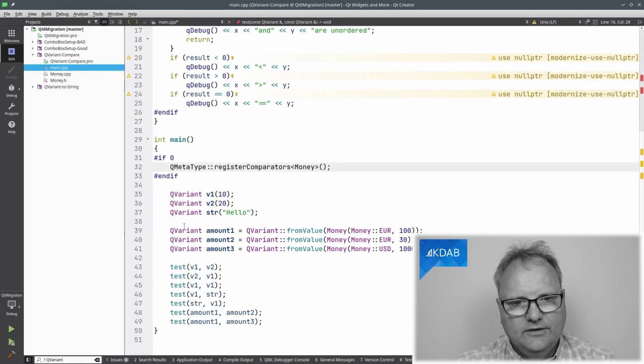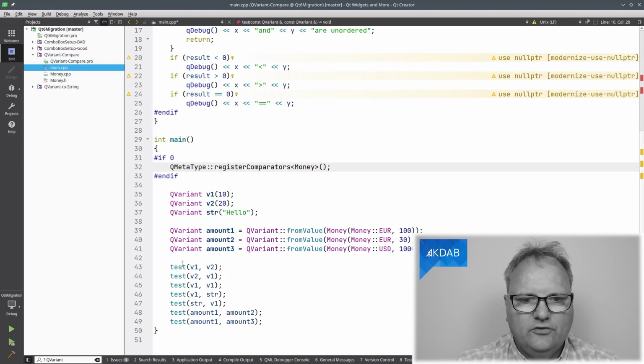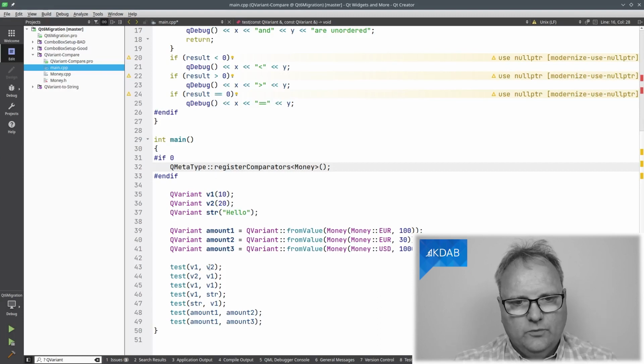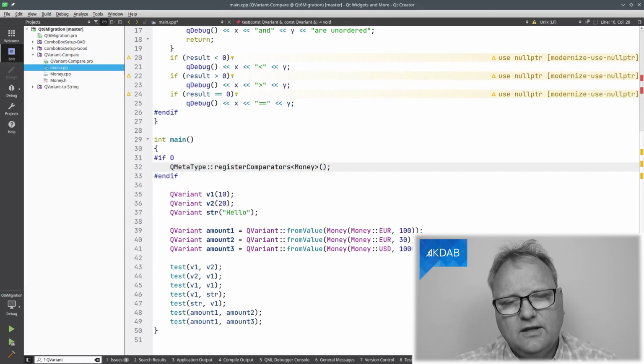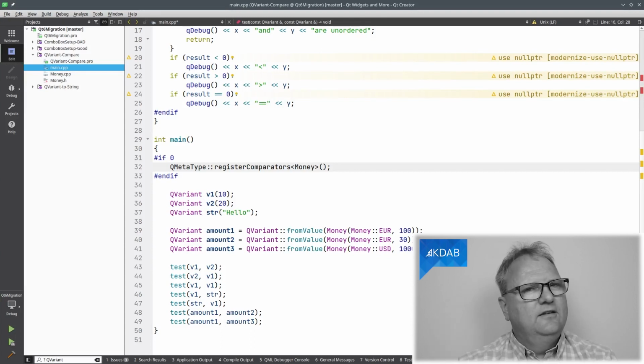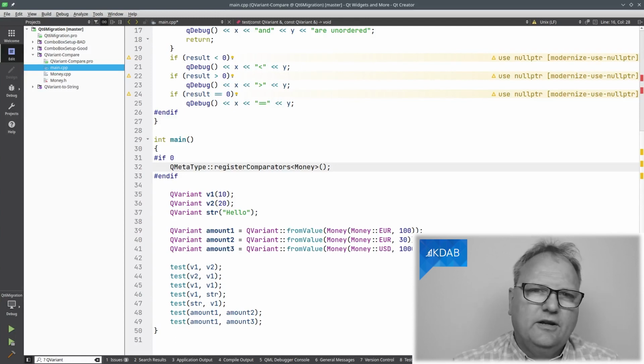And now you can see down here, I simply call my test function with 10 and 20, and 20 and 10, and with 10 and 10, and with 10 and the string hello, with the string hello and 10, and with amount 1 and amount 2, that is 100 euro and 30 euro, and with amount 1 and amount 3, that's 100 euro and 1,000 euro. Now, how do I compare those? I guess that depends on what day of the year I am comparing it.